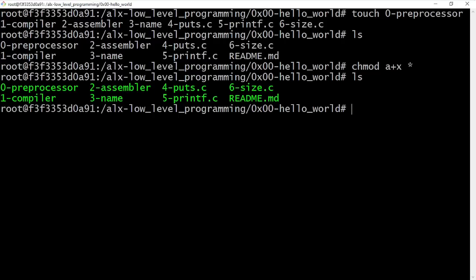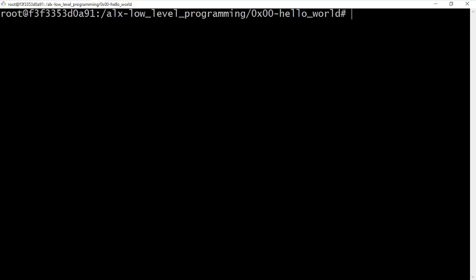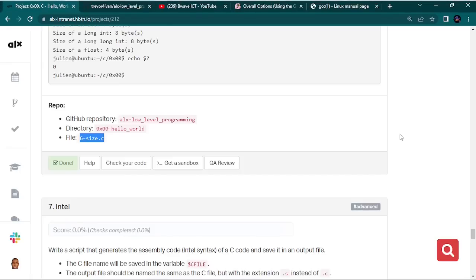So you've learned two things: how to create multiple files with one command, and how to make all your scripts executable using one command. So we don't have to make any of our scripts executable again because we've done that for all our files. Once again, this is all you need, and now it's time for us to start writing the answers to the tasks. So I'm going to clear my terminal now, and let's go back to